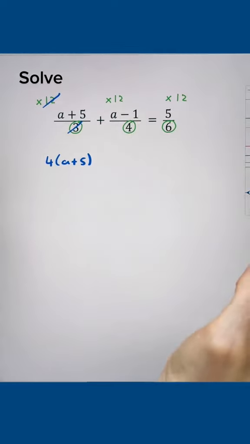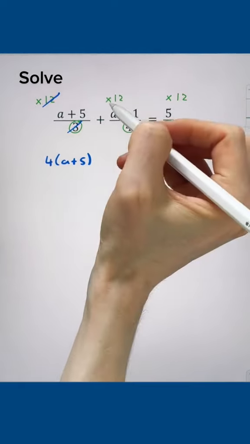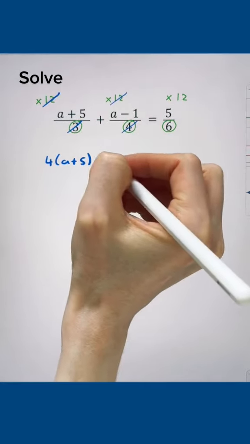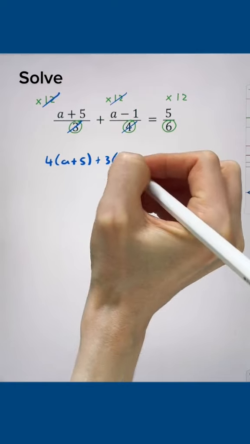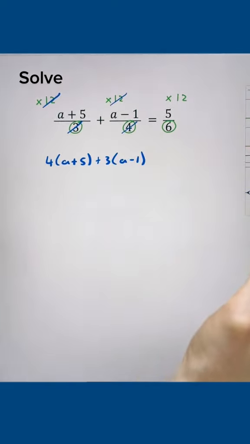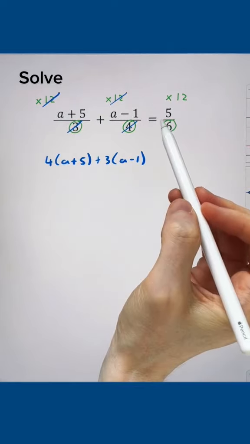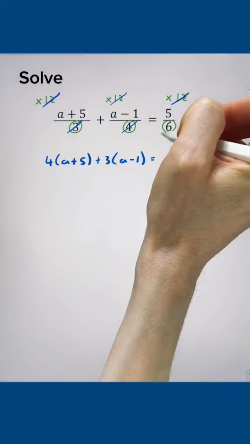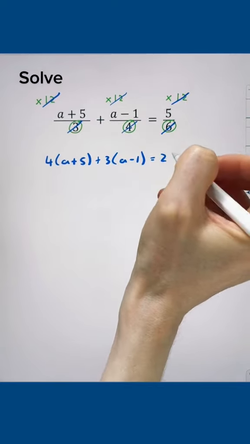For my second fraction, again times by 12, well I know that 12 divided by 4 is 3, and the sign outside is plus, so I'm going to have plus 3 lots. Again, I've got 2 terms, single brackets of a minus 1. Don't forget I've got to multiply the whole equation by 12, so on the right hand side, I now have 12 divided by 6. 12 divided by 6 is 2, so I've got 2 lots in my numerator, which in